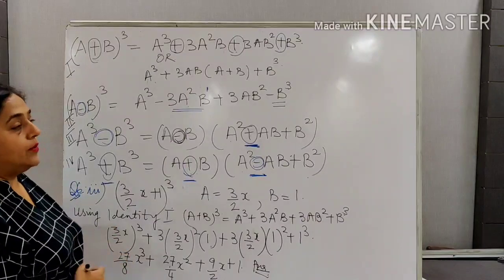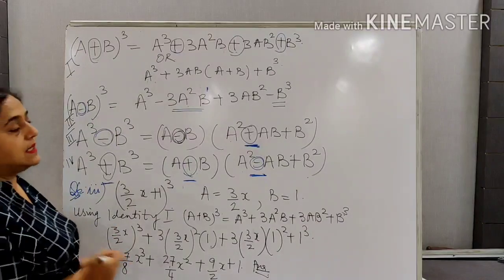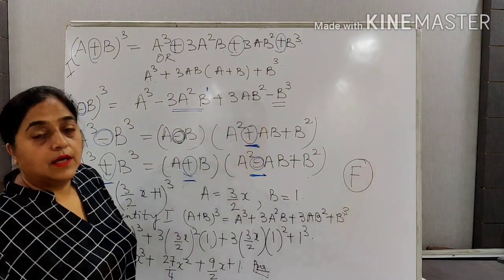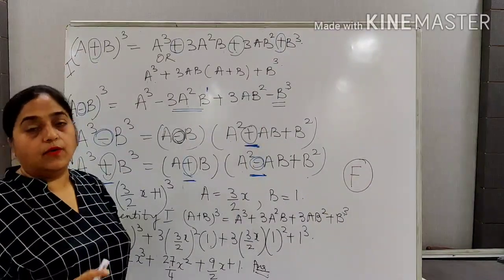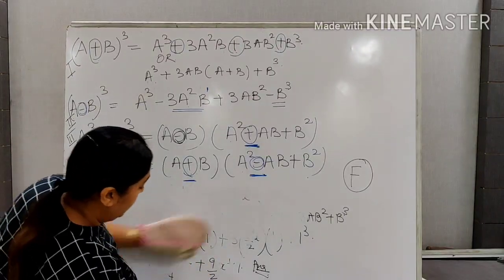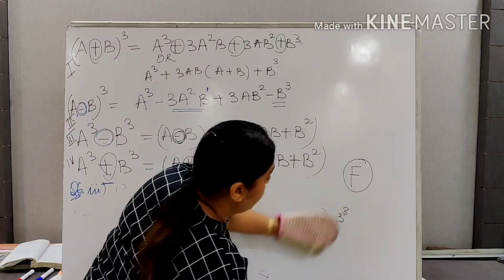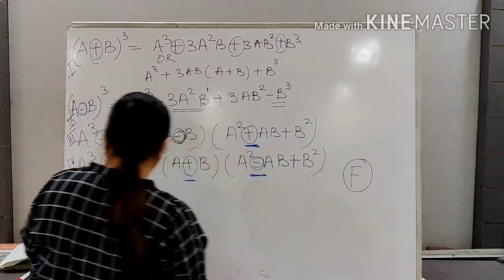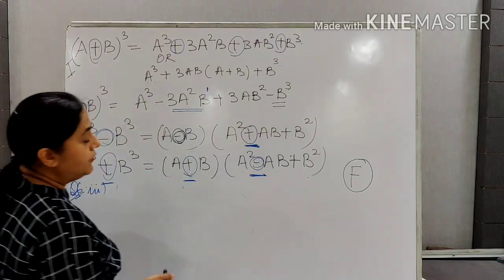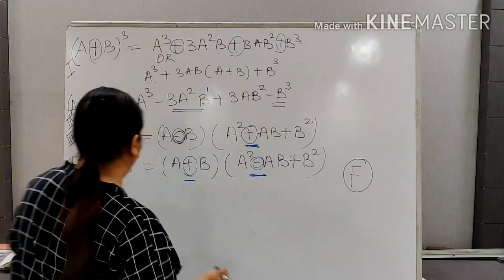So, attendance code for today. The first letter of your attendance code is F. Today we have a 4-letter word. First letter of the 4-lettered word is F. So your code you will be getting in between the questions. It will be a 4-lettered word. The first letter is F.